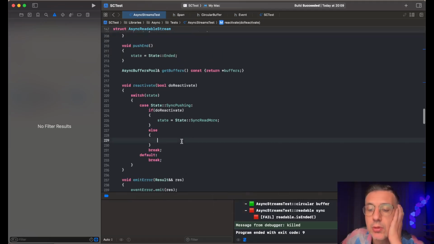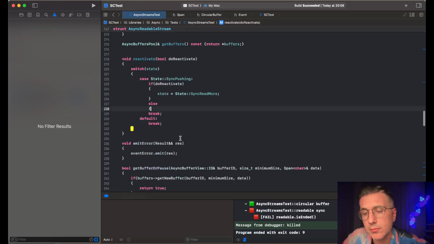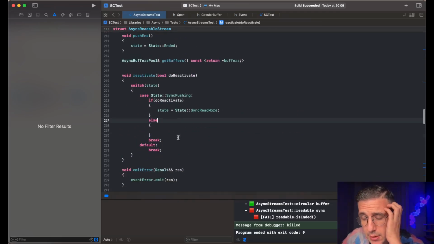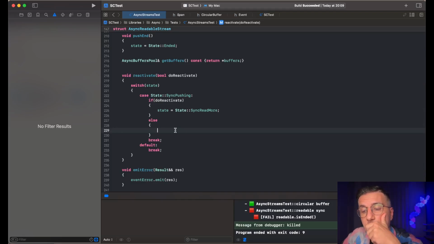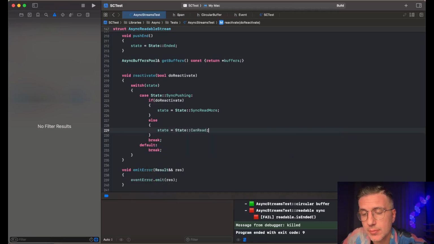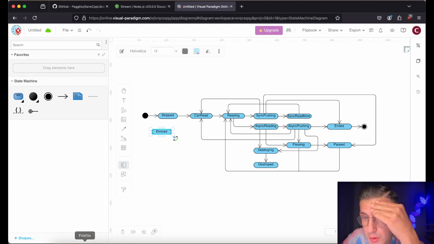So we force the user to call the reactivate true or false after they push. Or not. Let's see. State equals can read. Yeah. Otherwise, you go back in the can read state, right? Let's see. Sync pushing. You go in the can read, or you go in the read more, or you go in the ended, of course, but